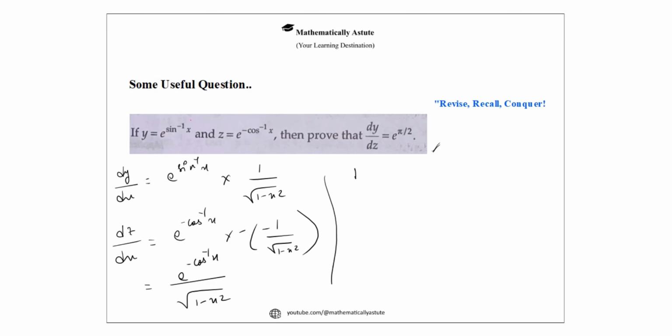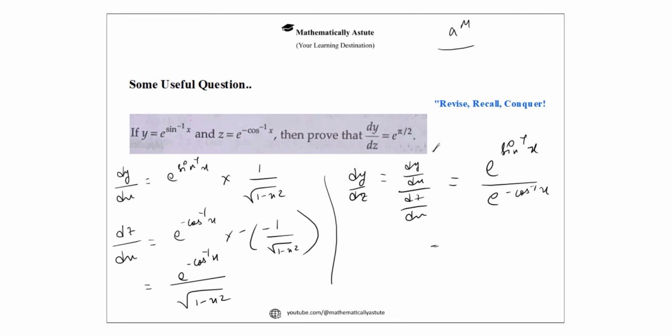Now if we divide dy by dz, we will get dy by dx divided by dz by dx as e to the power sine inverse x divided by e to the power minus cos inverse x. Using the indices formula, if the bases are the same, then in division we subtract the powers, so this will be e to the power sine inverse x plus cos inverse x. Using the ITF formula,